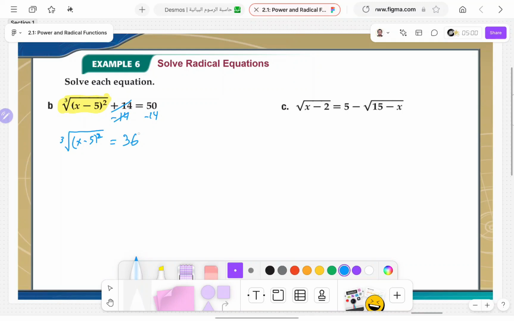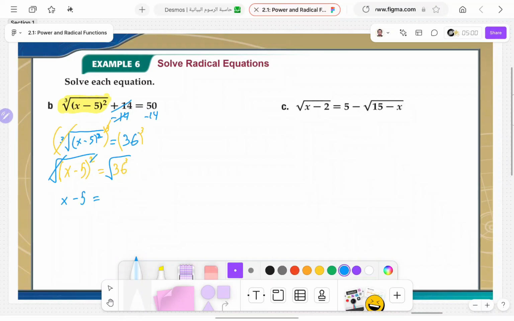Then let's cube both sides. To cancel the cube root, we cube both sides. Cube here and cube here. So we cancel the cube with the cube root, and it becomes (x minus 5) squared equals 36 cubed. Then to cancel the square, I have to take the square root of both sides. Square root for this, square root for this. We cancel the square with the square root, so it becomes x minus 5 equals